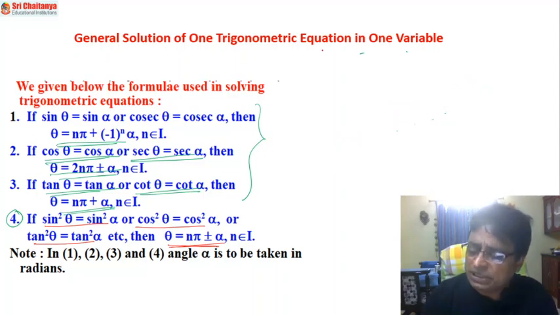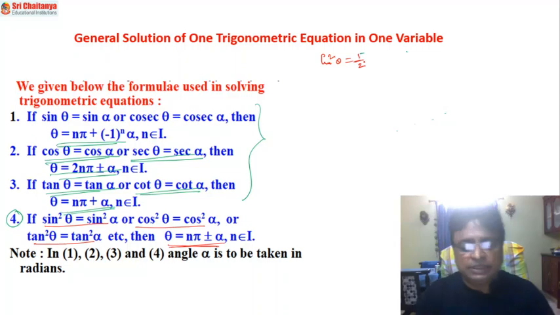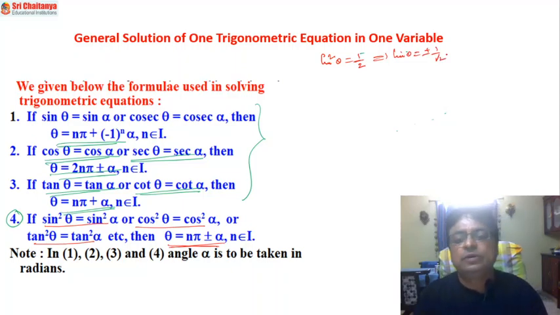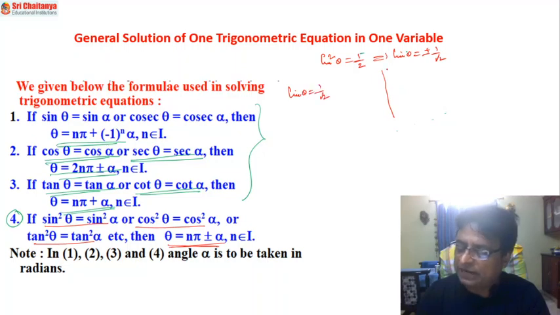Suppose you are asked to solve this equation, sin square theta is equal to 1 by 2. If I have given this question for you, then in general, what can one do? One can write sin theta is equal to plus or minus 1 by root 2. So two cases will exist. One is sin theta is equal to 1 by root 2. Another one is sin theta is equal to minus 1 by root 2. As per the definitions, this is nothing but sin pi by 4.